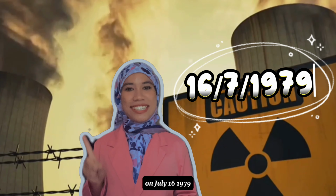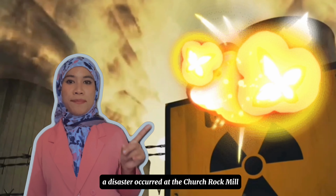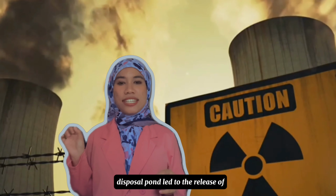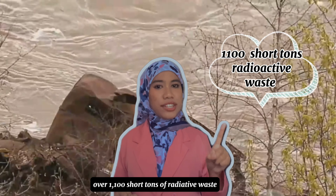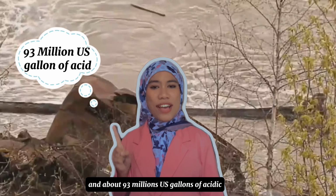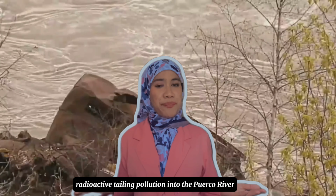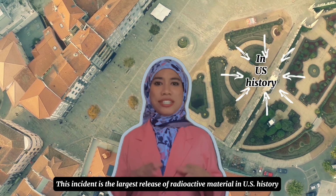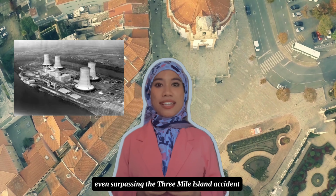On July 16, 1979, a disaster occurred at the Church Rock Mill. A breach in the dam of the waste disposal pond led to the release of over 1,100 short tons of radioactive waste and about 93 million US gallons of acidic radioactive tailing pollution into the Puerco River. This incident is the largest release of radioactive waste material in United States history, even surpassing the Three Mile Island